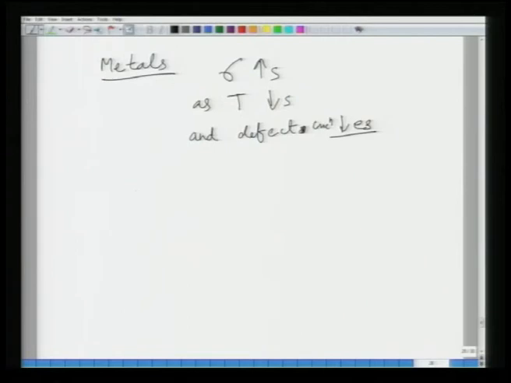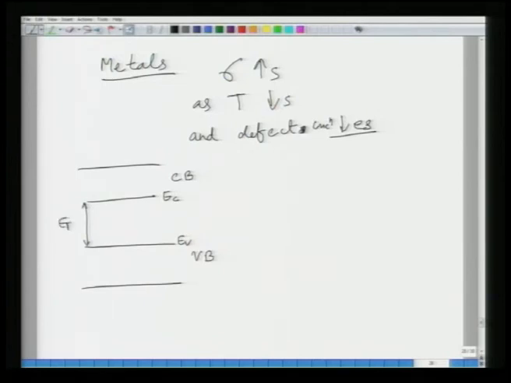In semiconductors, on the other hand, the situation is slightly different. You have a conduction band and a valence band. So, this is your conduction band, this is your valence band, and this is your EV, this is your EC. The electrons have to overcome the gap, which is EG, and this is the position of your Fermi energy, which shifts up and down depending upon what type of semiconductor it is, whether N type or P type.